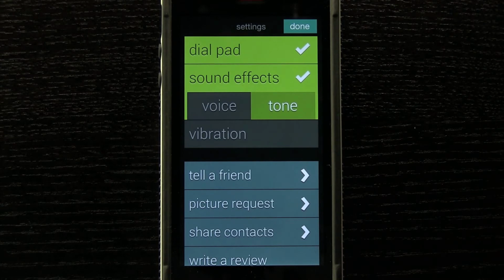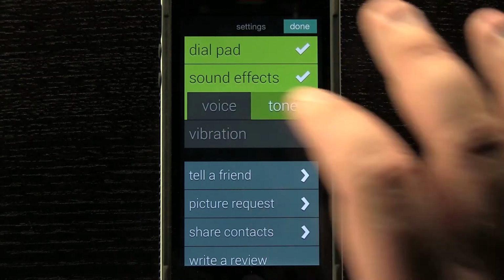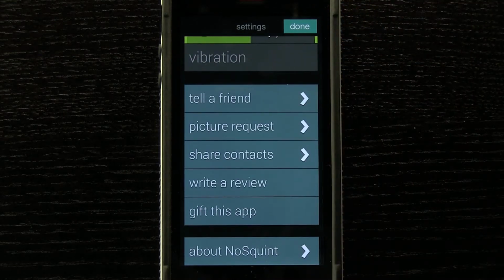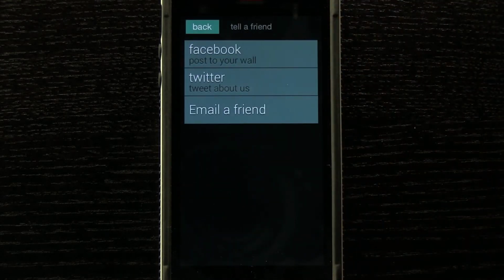And with the sound effects, we can either choose tone sound effects, which will disable the voice feedback, or if we select voice, it'll enable voice feedback, and we can choose from Alex, the male feedback, or Julie, the female feedback. We scroll down the options menu, we can tell a friend about this via either Facebook, Twitter, or we